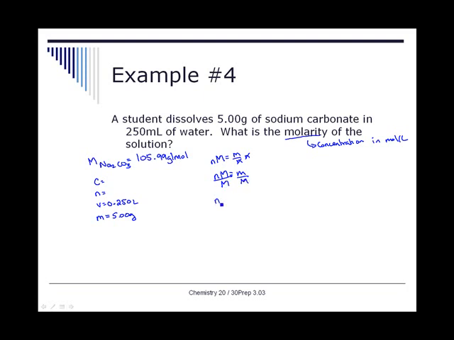And so the number of moles of Na2CO3 is equal to mass over molar mass. Plug those numbers in, so we get 5.00 grams divided by 105.99 grams per mole. We do the division,